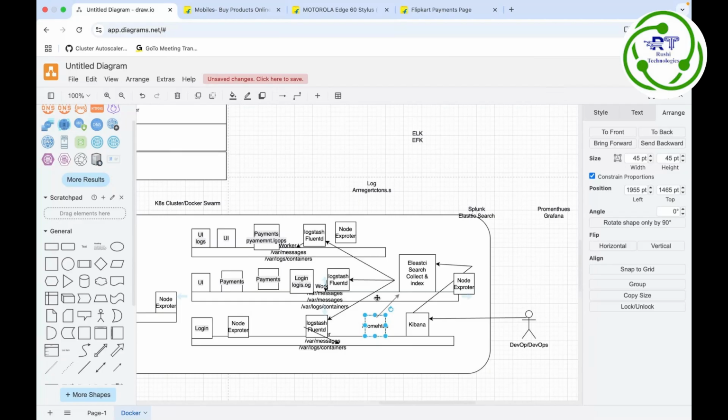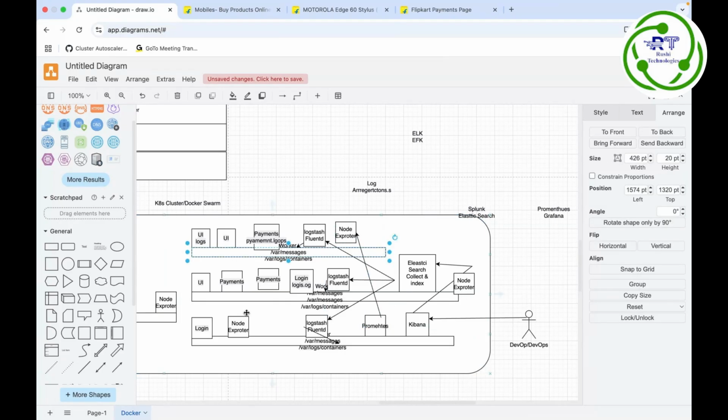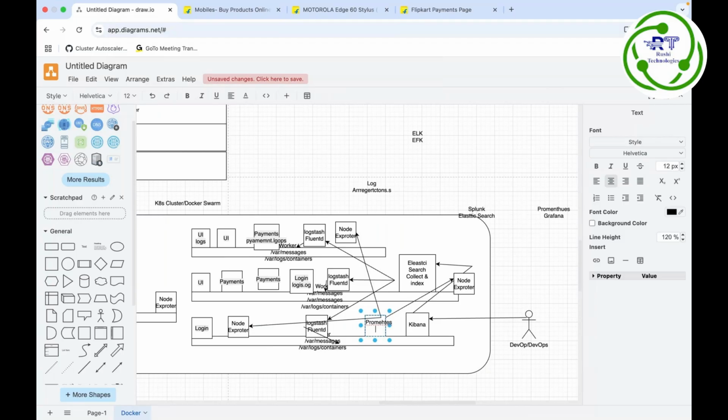Those agents collect the node metrics like CPU utilization, memory utilization, and network utilization. Prometheus is going to collect the metrics and store them. Based on the collected metrics, you can trigger the alerts. You can create alerting rules like